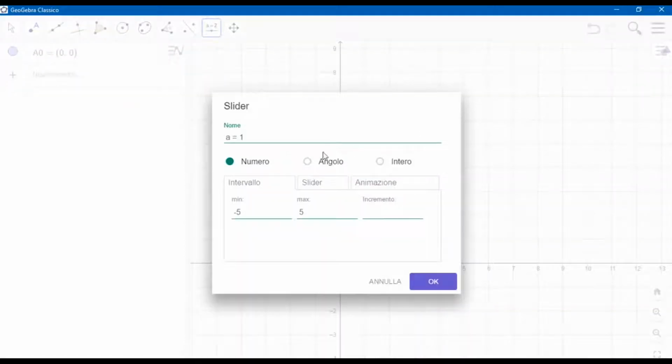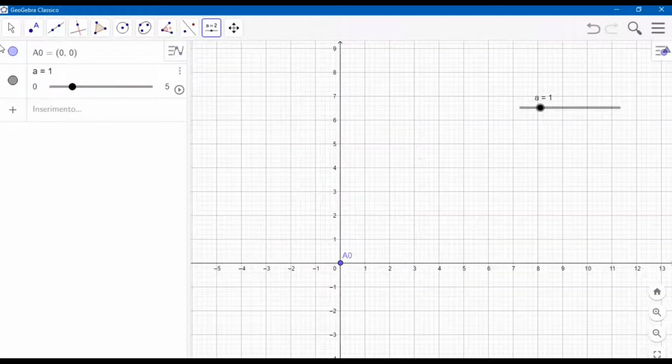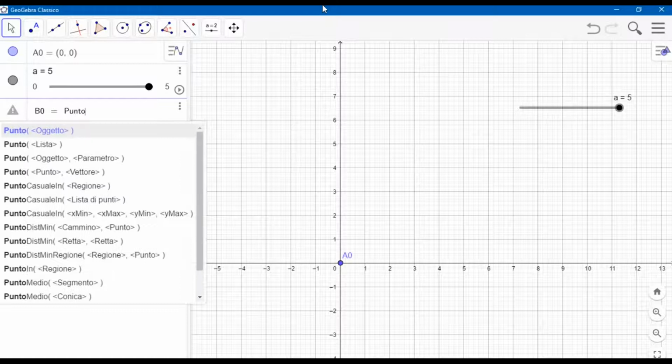Let's make a slider called A, which varies from 0 to 5, and we will design the whole mechanism using only this parameter, because as you know, the length of the links of the Chebyshev mechanism depends on one parameter. For example, A is the length of the frame of the mechanism, so we can set the second fixed rotary joint B0 using the command point